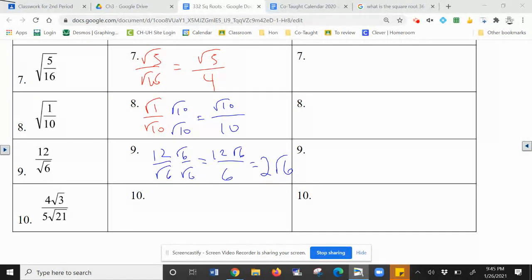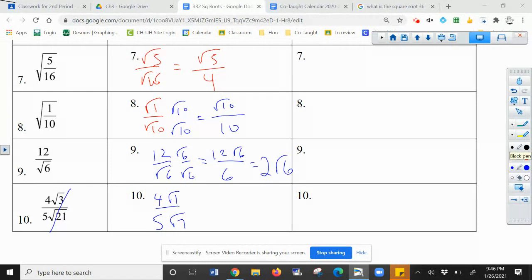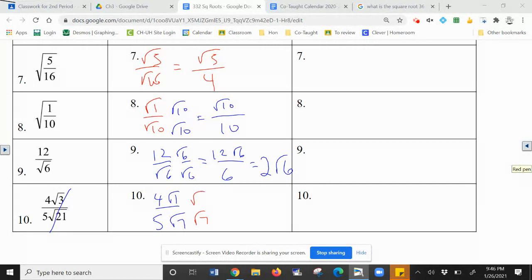This next one, the 3 and the 21 are both underneath the radical. So actually, I'd like to reduce that before I get started, because the smaller the numbers, the easier it is to do. So I'm going to reduce 3 over 21, since they're both under the radical, to 1 over 7. Then I can multiply top and bottom by the square root of 7. The top becomes 4 square root of 7. The bottom is 5 times 7, because the square root of 7 times the square root of 7 is 7. 5 times 7 is 35. So you'll notice on these 4, we have an answer that has no square root in the